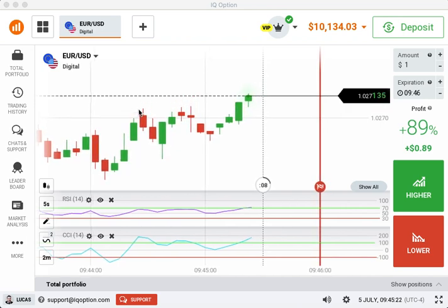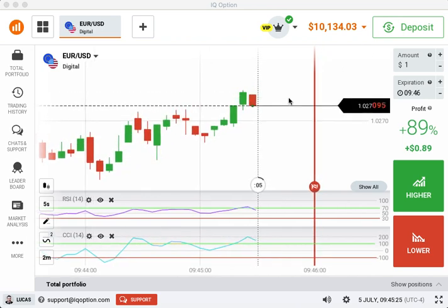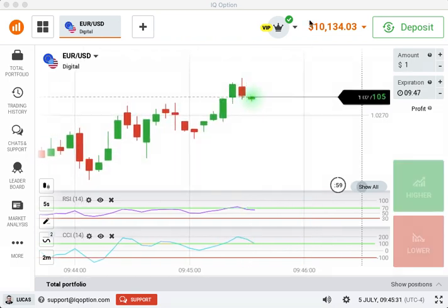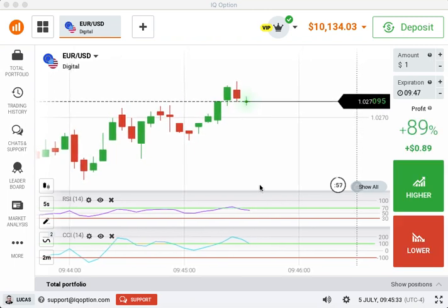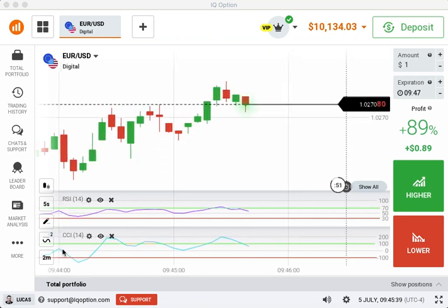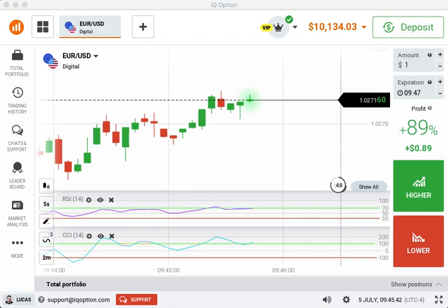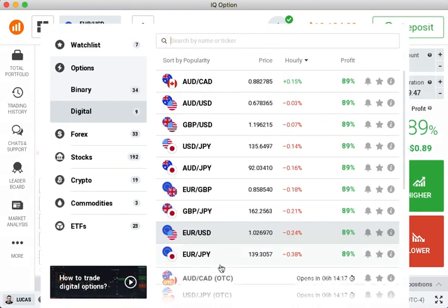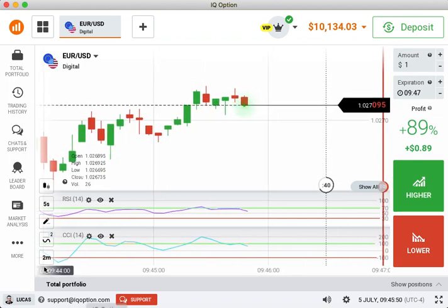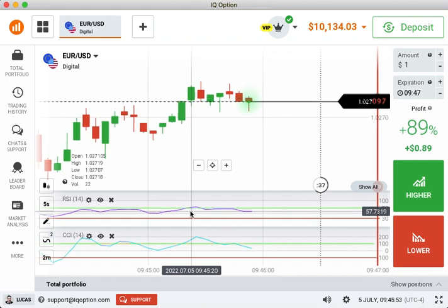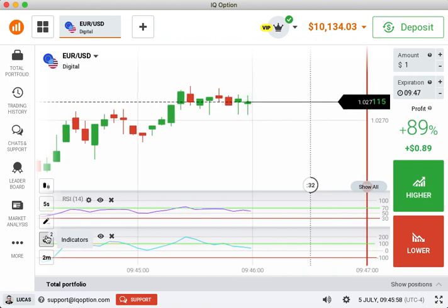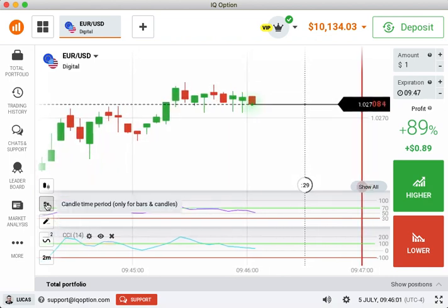Binary options trading, number 5, session 5, video 5, and the simplest trading method, the only trading method you'll need. First you start off with the RSI and the CCI, both set to defaults on IQ Option. You choose your currency pair, EUR/USD preferably. You keep your time from 9 to 10, 1 hour, 2 hours a day. You could trade for as long as you want, but my advice to you is trade for 1 or 2 hours every day. Candle time period 5 seconds, and we trade.